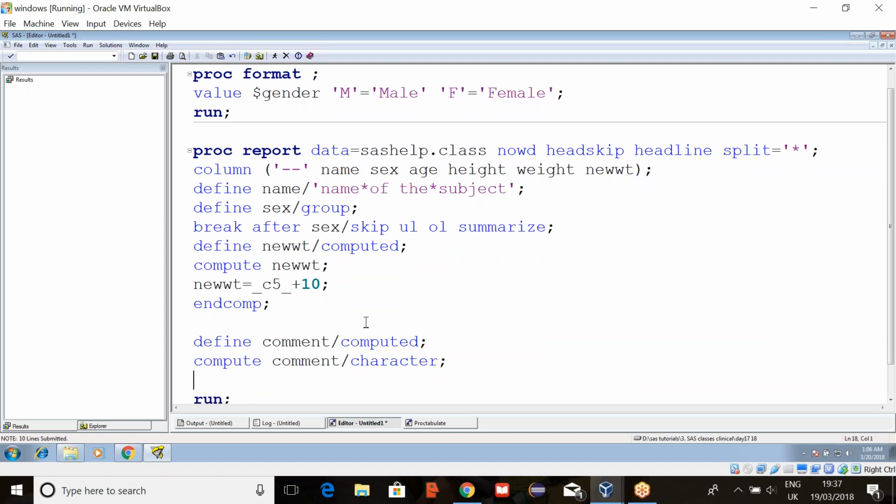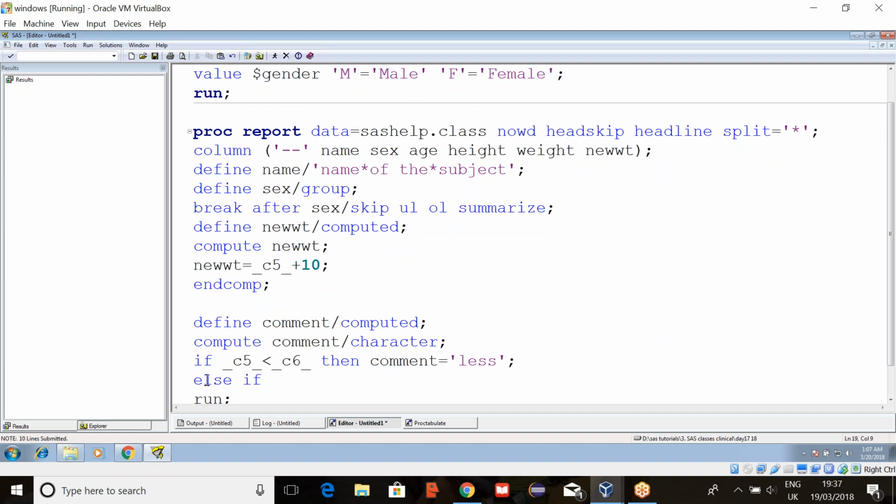And now let's compare these two, and if weight is less than new weight, then take it as less. Of course, it will be less only, just for an example I am saying. So here, if underscore C5 underscore is less than underscore C6 underscore, then take comment equals to less.